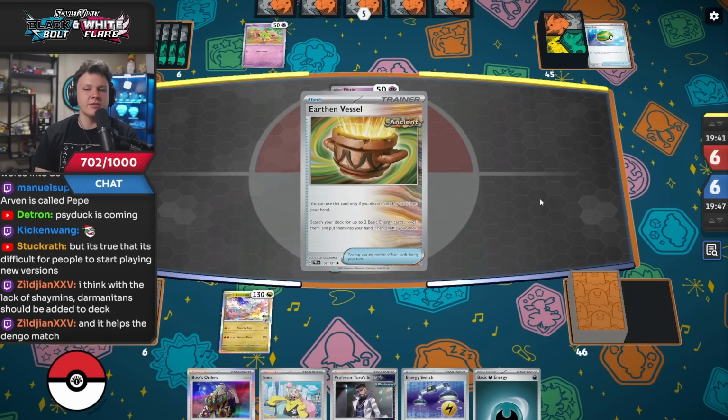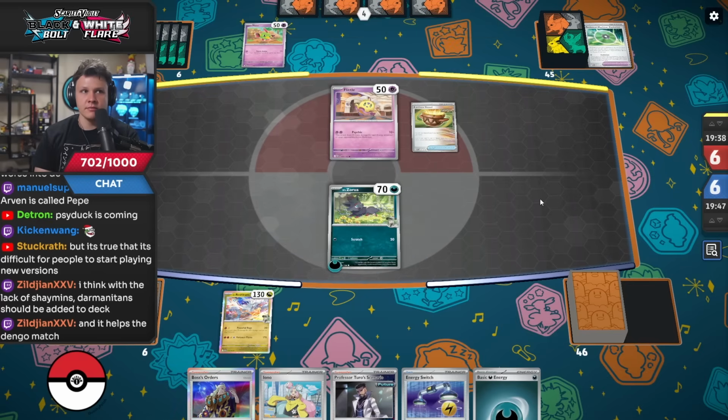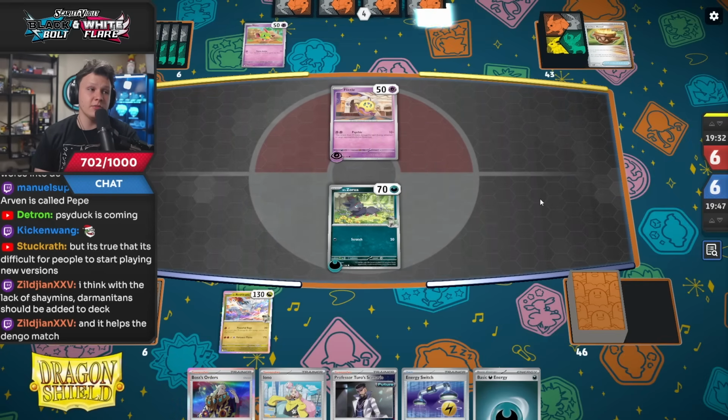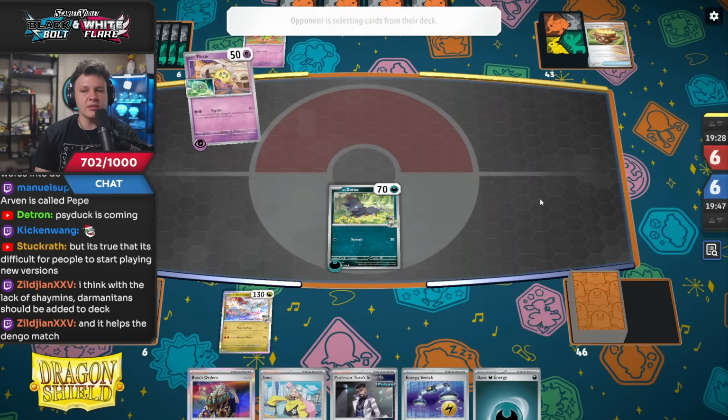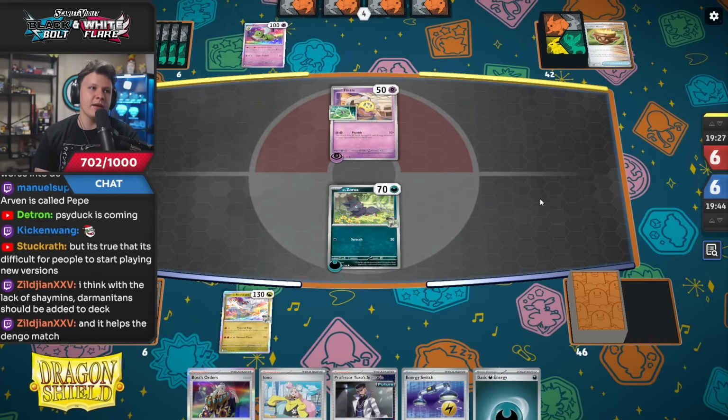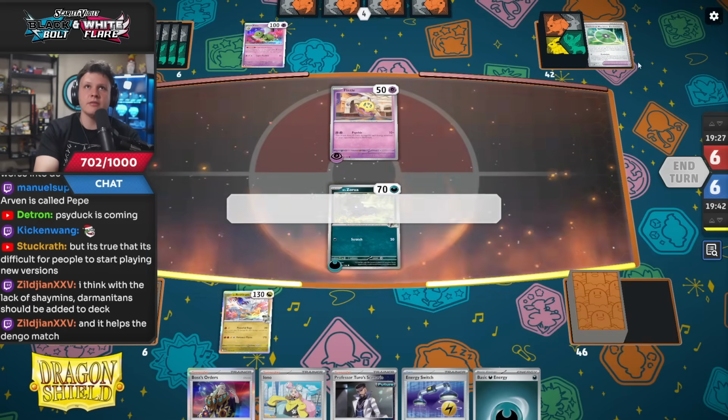Oh wait, no. This is literally just Espathra. Your Dango matchup is unfavored with Darmanitans, and it's favored with the Toedscruel stuff. Or I assume it's favored with Toedscruel. Or like the Ogre Pond stuff. Is this just a bad match? I feel like it's a terrible matchup for me. I'm just gonna get, well, maybe I'm not gonna get cooked because they literally have like Flittle Pass, but